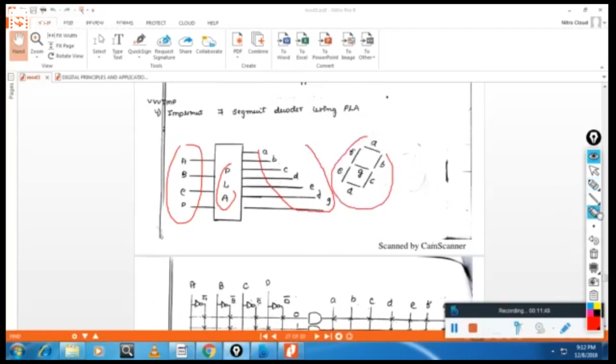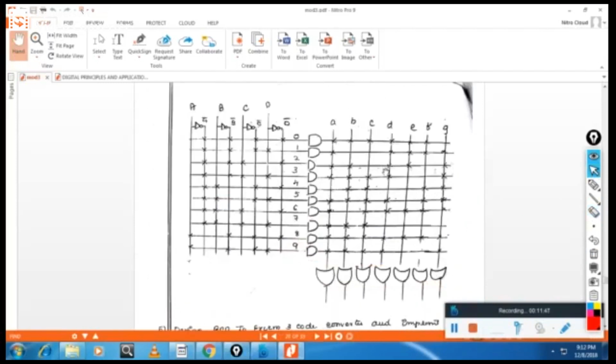So now what you have to do here is first write all the combinations of ABCD. Even though with ABCD you will get 16 combinations, you have to write only 10 combinations, because BCD is used to represent decimal 0 to 9. So you cannot write 16 combinations. First write all the combinations, that is 0, 0, 0, 0.